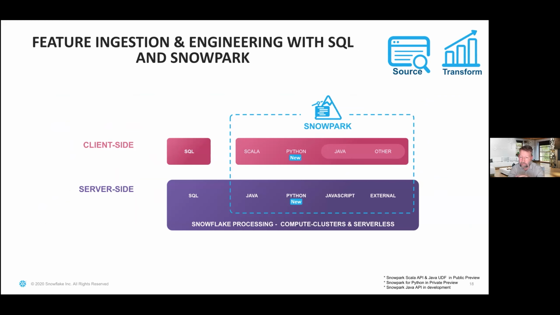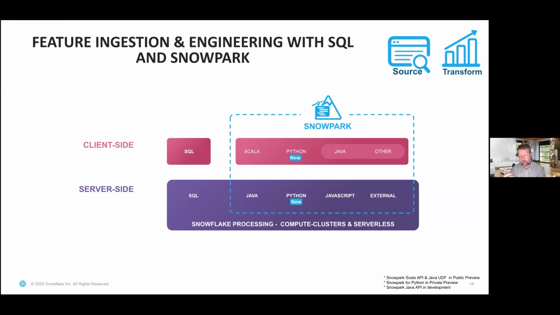So that's a Scala-based DataFrame API. And today, actually, we've announced at another event that we're doing the Python support, so the Python DataFrame API in Snowflake in Snowpark. And then in terms of the compute processing inside of Snowflake, we push down processing through effectively generating SQL from those DataFrame APIs and creating functions that can be computed inside of Snowflake, whether that's inside our compute clusters, what we call virtual warehouses, or in some of our serverless services.